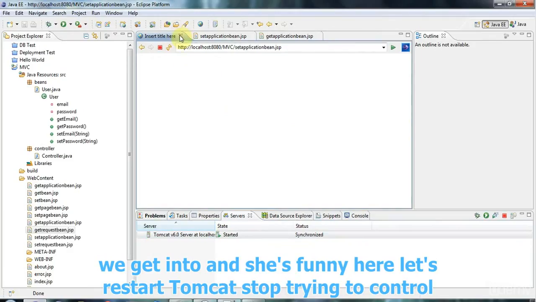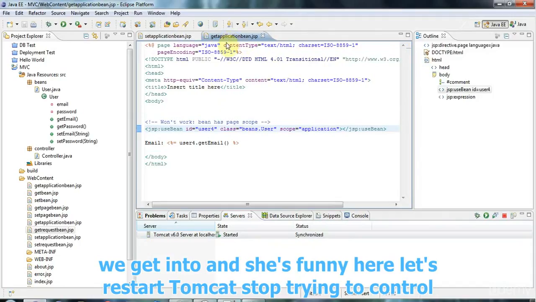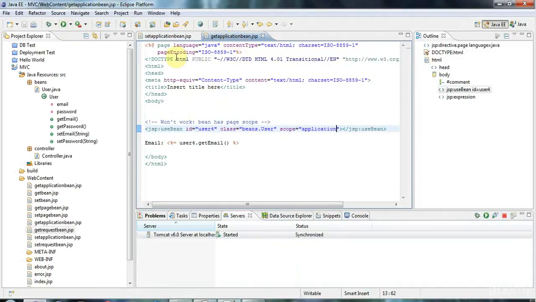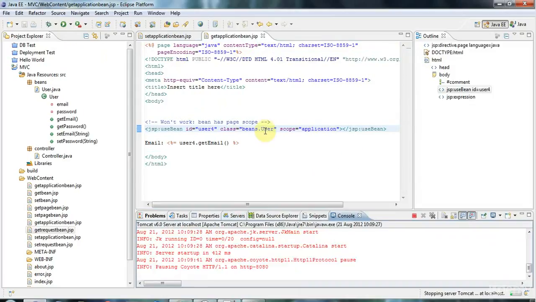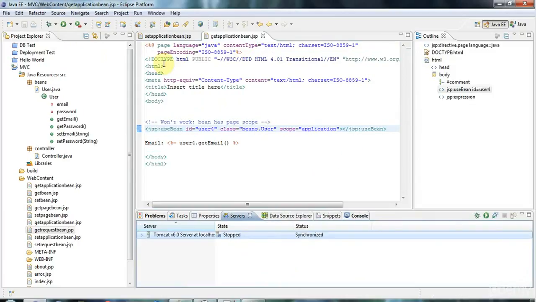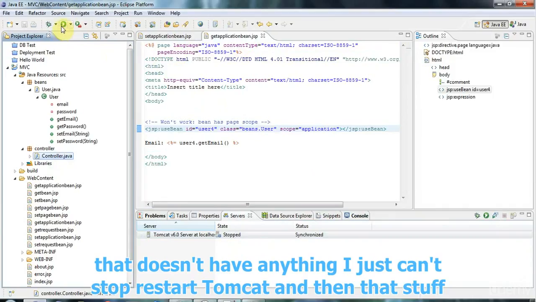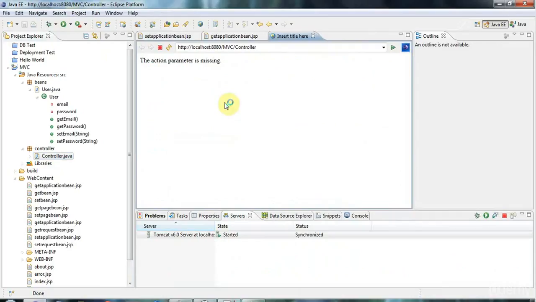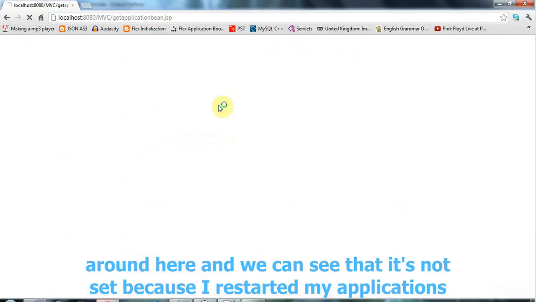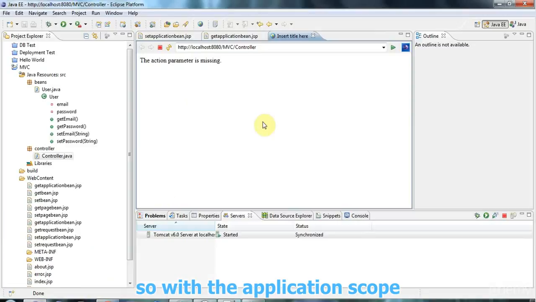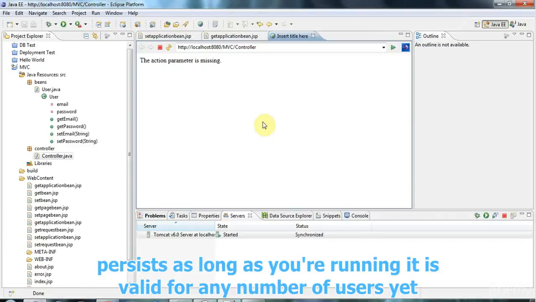Whoops, I went to set application bean by mistake. Let's check I didn't do anything funny here. That seems okay. Let's restart Tomcat again. So I'm going to stop it, and actually let's try going to controller.java, because that definitely doesn't have anything to do with beans. So I just want to restart Tomcat, and then let's start a browser here and go to get application bean, and we can see that the value is not set because I restarted my application, so the value was lost. So with the application scope, your bean persists as long as your application is up and running,